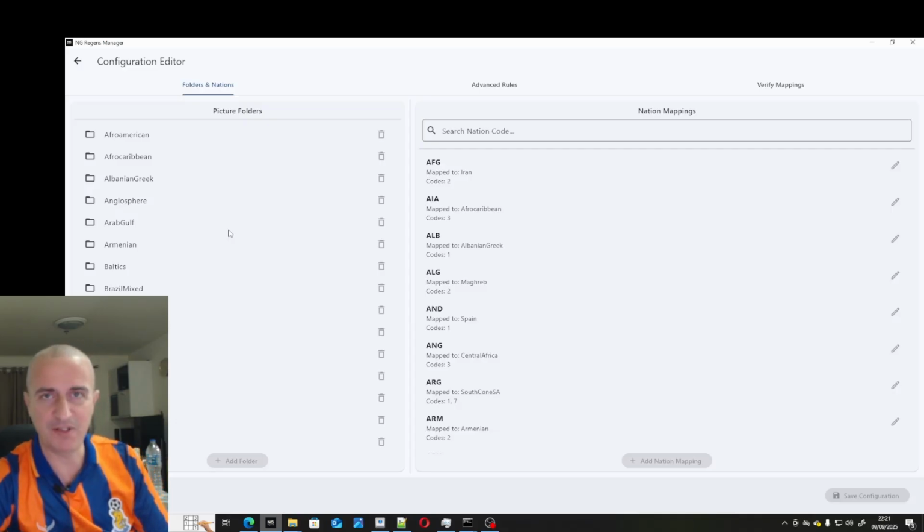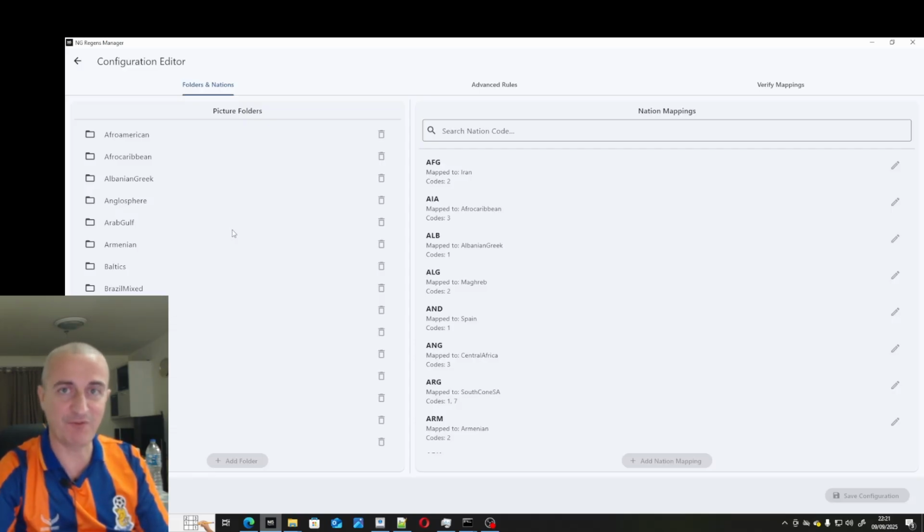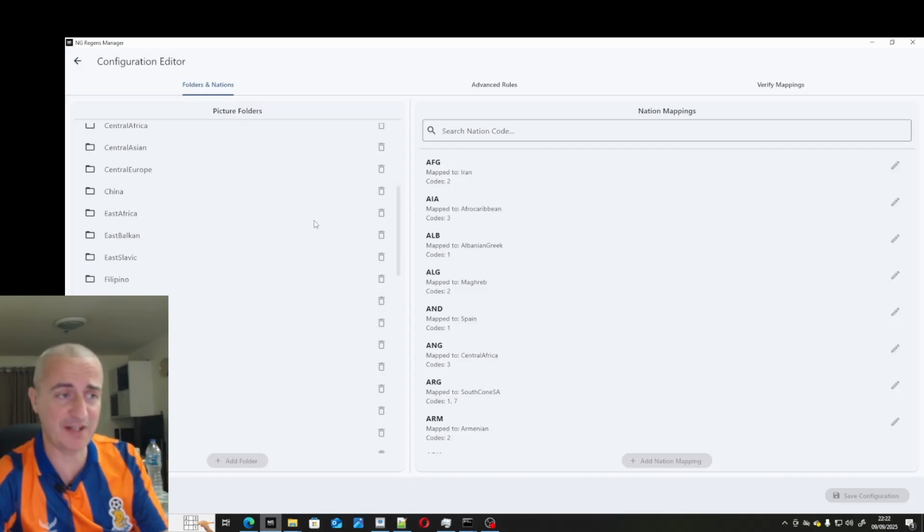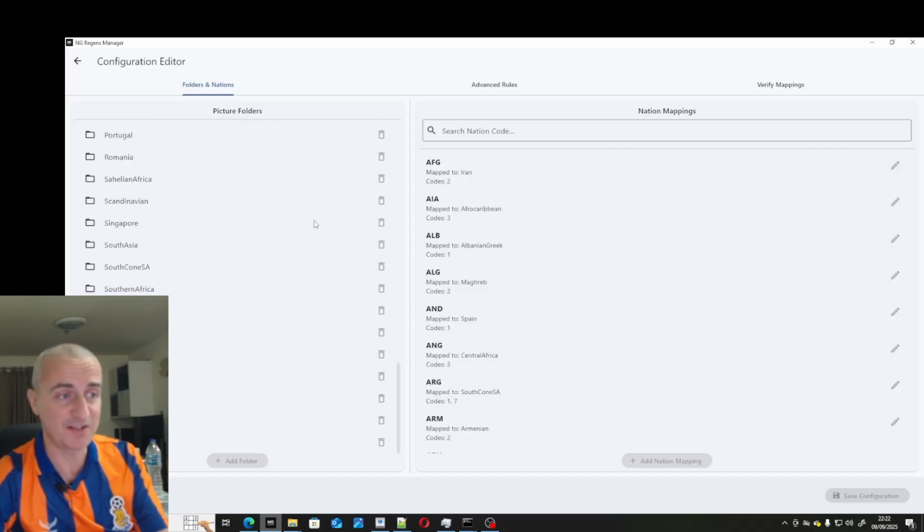Say with like, especially I noticed it with MENA or MESA, the west and the east of that region are very different. Or for example, India's in MESA, India and Bangladesh, the people there look very different, I think, to people from like say Saudi Arabia or Middle East, North Africa. You've got like Egypt, Israel in there, Tunisia, Morocco. I think those people all look very different, but yeah, that's all been taken care of here, because we've got